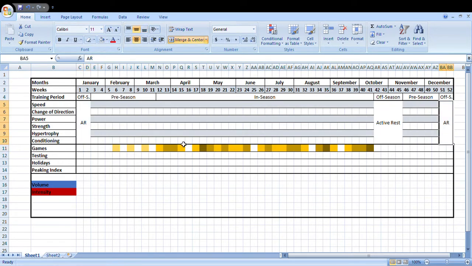Okay, so now we can get into actually planning the training for the year. The first thing, I've got a few categories on the left-hand side, where it says speed, change of direction, power. These are the main components that we're going to be working on as strength and conditioning coaches. So in terms of speed training,